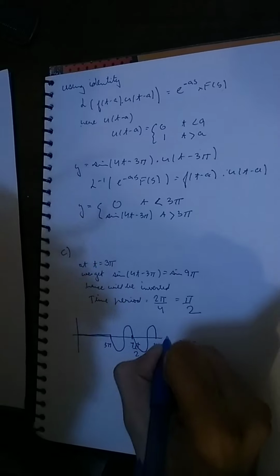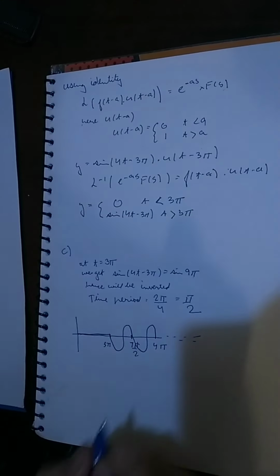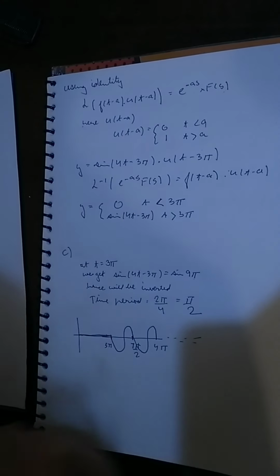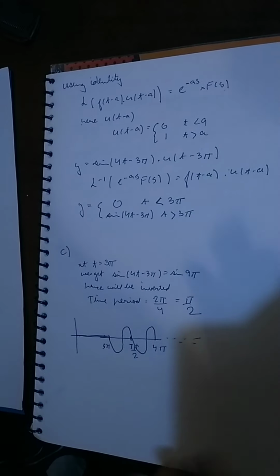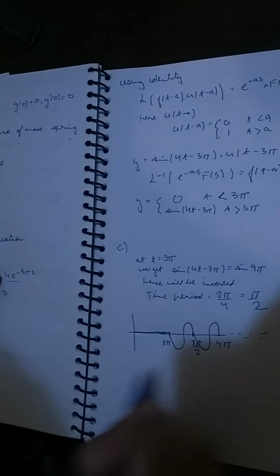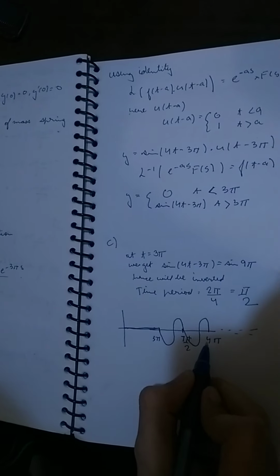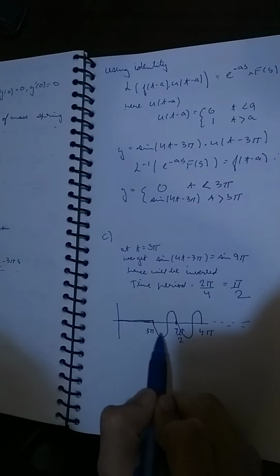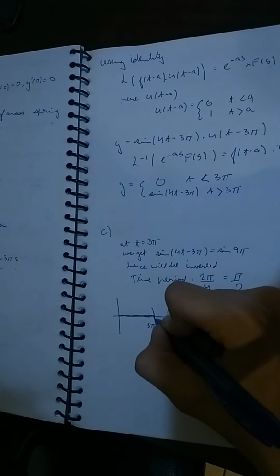So now if you compare it to the graph that we have intuitively drawn, since we didn't know about the time period, now we have a definite time period, and with this function we have also got that the graph will be inverted, which is opposite to what we have predicted.